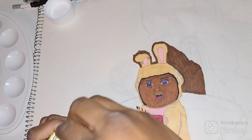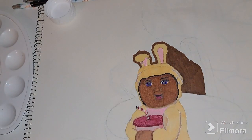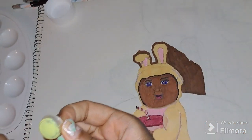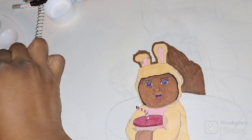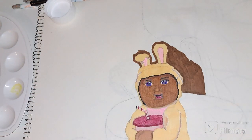I'm trying to see if there's, yep, there's a cap. Something in it to keep it from spilling out, so I don't accidentally splash it. This is like a stopper. Yeah, that was in there. Gonna use some of this with white. It's already a light color,